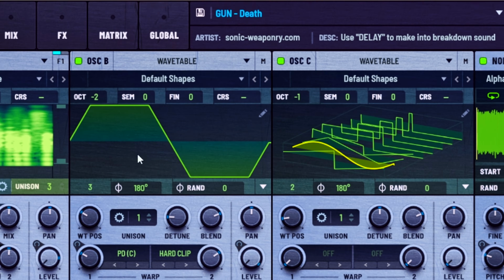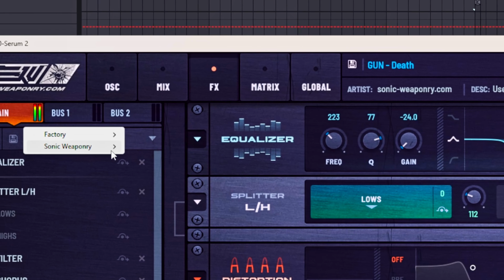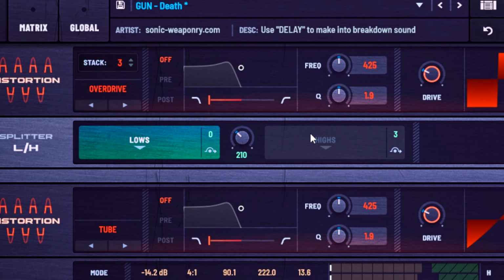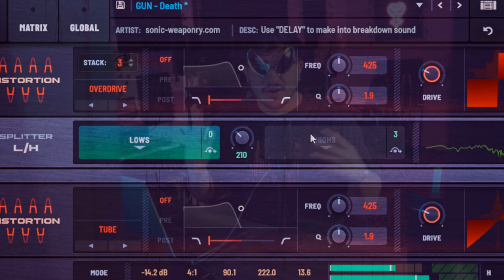I'm going to demonstrate all of this in a second, but you can take a preset that you already have, switch out the effects chain it already has, and throw on a new effects chain, and you'll get a completely new sound. You can also take our effects chains that we have included in here and apply them to other